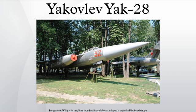Operators: Russia, Russian Air Force; Soviet Union, Soviet Air Force, Soviet Anti-Air Defense; Turkmenistan, Military of Turkmenistan; Ukraine, Ukrainian Air Force, which operated 35 aircraft. Specifications. General characteristics: crew, 2; length, 21.6 meters; wingspan, 12.50 m; height, 3.95 m; wing area, 37.6 square meters; empty weight, 9,970 kilograms; loaded weight, 15,000 kilograms; max takeoff weight, 20,000 kilograms;